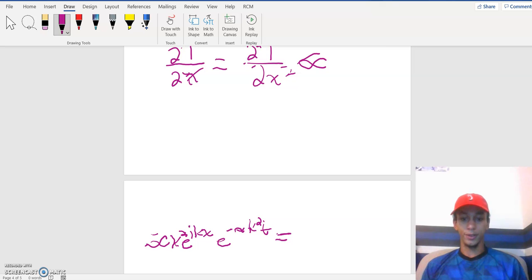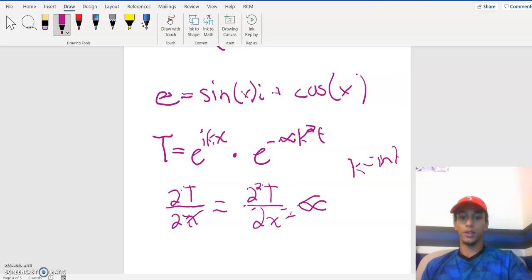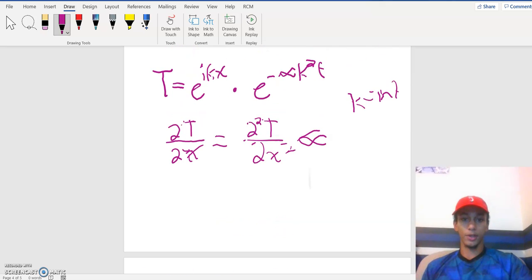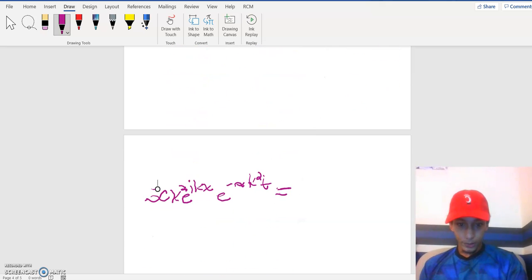Okay guys, in this video, we already started the substitution of e^(ikx) and e to the negative alpha k squared t, where k is an integer. So we've done the left side derivation, which is this. Now we're going to do the right side, where you're taking the derivative twice. So for the first part,